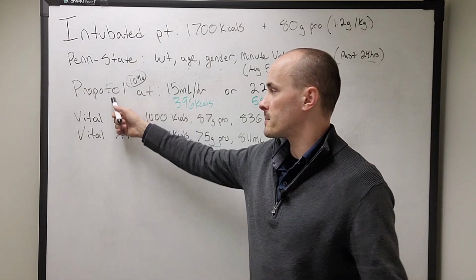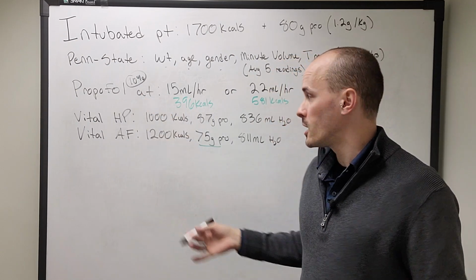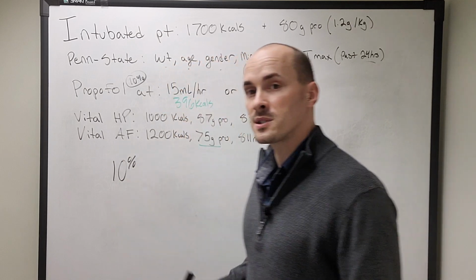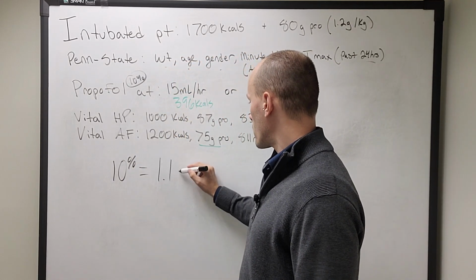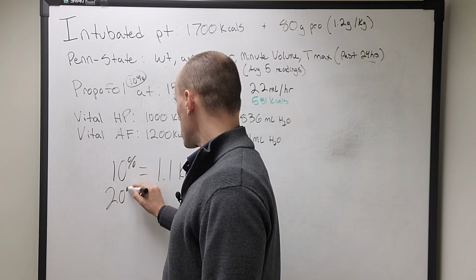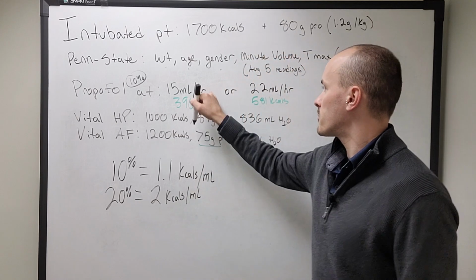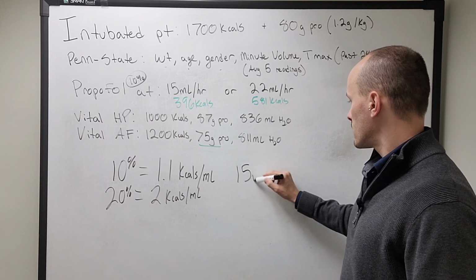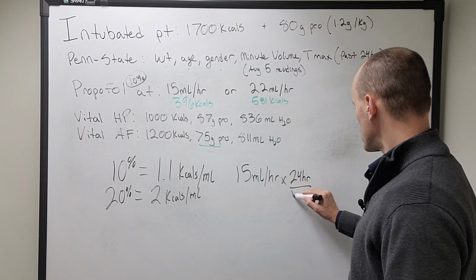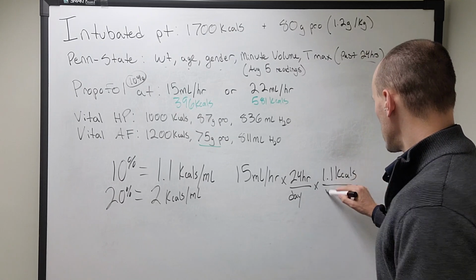This patient also happens to be on a medication called propofol, which is a sedative, and it's a 10% lipid emulsion. There are a few facts that we need to know here. Anytime you have a 10% lipid solution, you're going to get 1.1 calories per milliliter. If you have a 20% solution, that's going to give you 2 calories per milliliter. So if we have propofol running at 15 milliliters per hour times 24 hours in a day times 1.1 calories per milliliter,